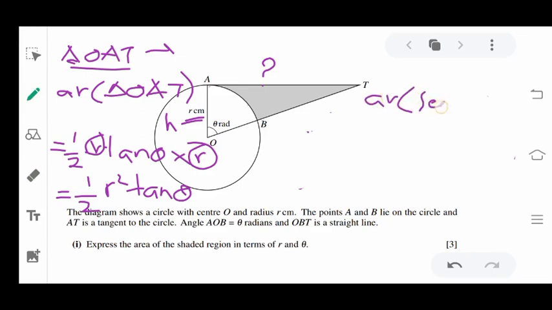Area of sector is nothing but half r squared theta. That is same as here also, because theta is the same and the radius is r. Therefore, area of shaded region